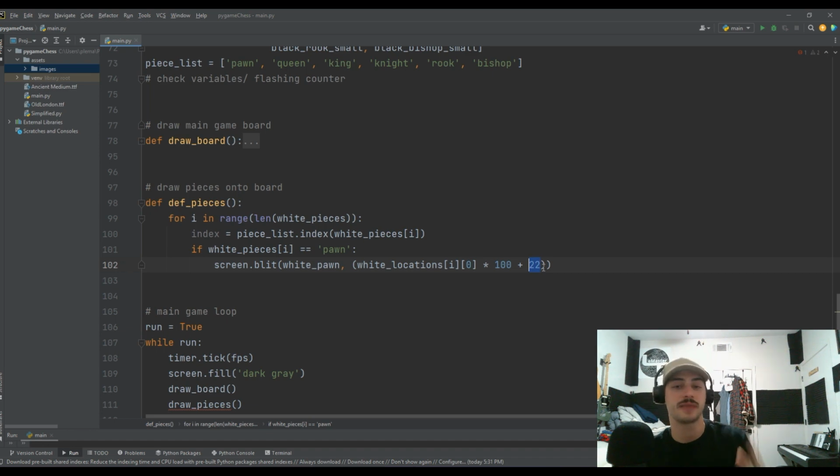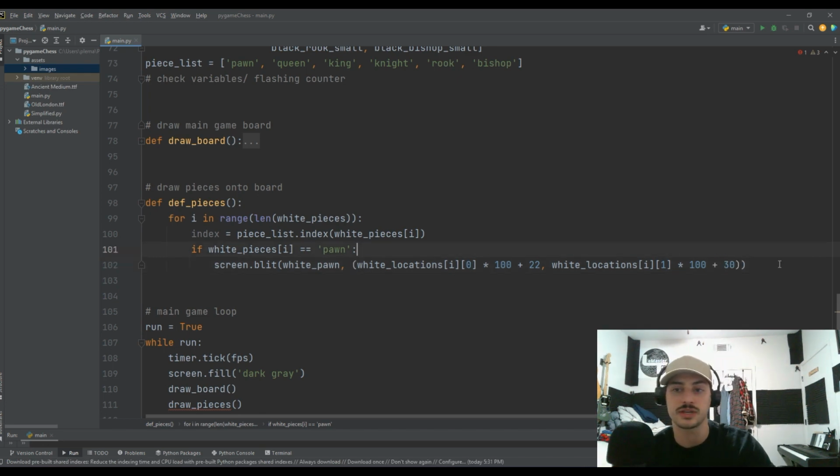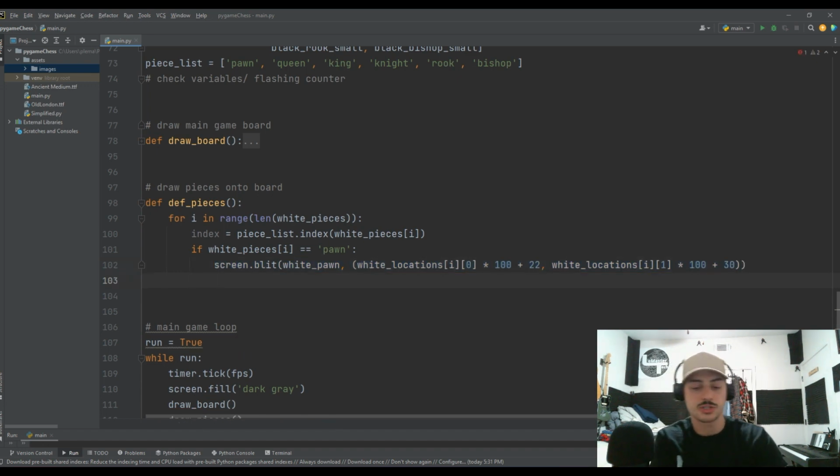Again, if you change the dimensions of your game to not be 1900, then you have to change these offset factors as well. But to get a pawn to sit in the middle of the square, you need to bump it about 22 to the right from just being at the left edge of each square. And then white locations at i, and then 1 is going to give us each y coordinate, and that's going to be times 100. And again, for the pawns, we need to offset them by 30. So I know that's a little bit tedious because we had to do a separate one just for the pawns,